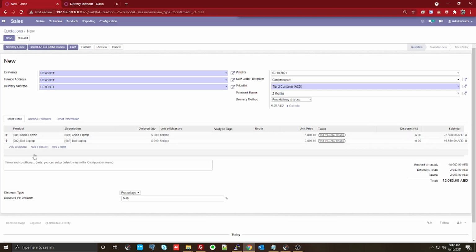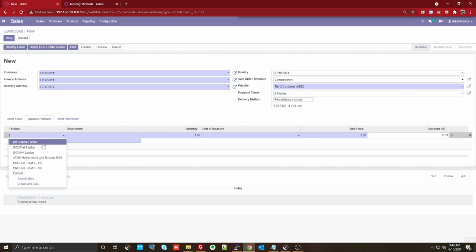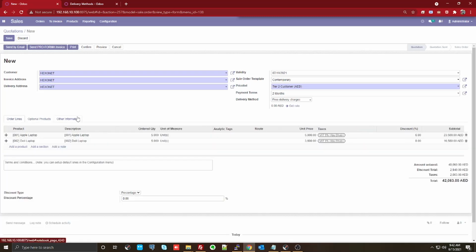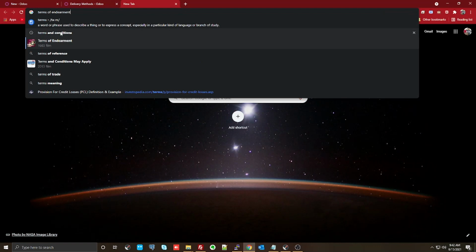Now, when it comes to business, you always want to give your customer some additional options. So let's put it this way: the customer asks you for these two products, but you want to tell them that if you are not comfortable with these two products, I do have another product which I can sell at probably some different discount, because currently I'm having a different discount for that. So I can put all this information, and I can also give my terms and conditions here. Let me just copy some simple terms and conditions just to show you how this is going to look like in the printout.